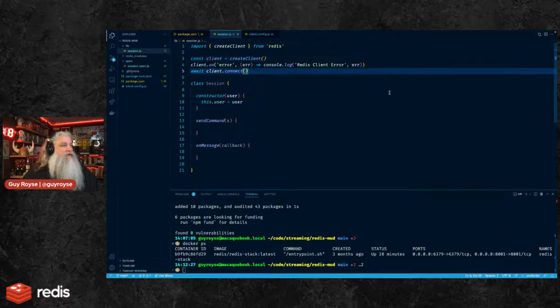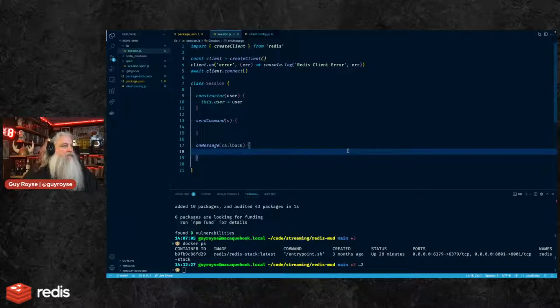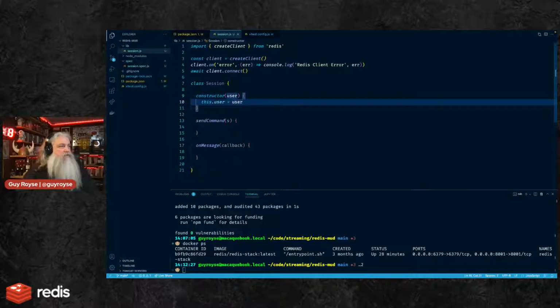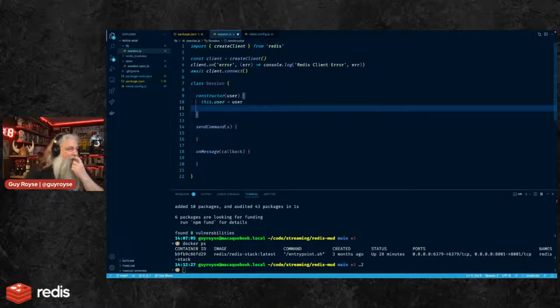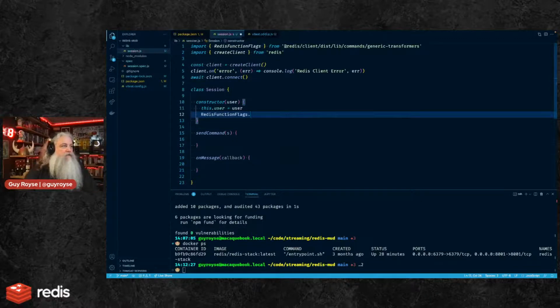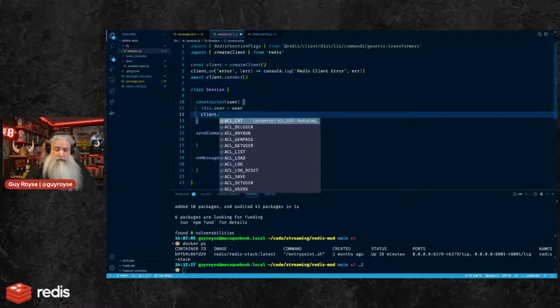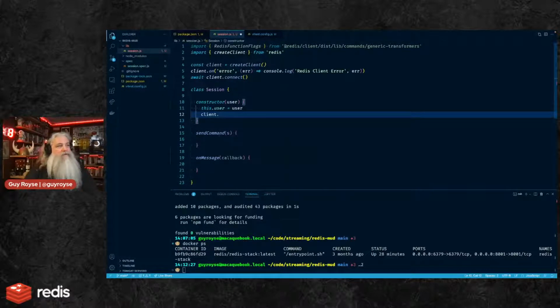So this gives me a client. I think then the session here, when it's got a user, let's see, I need one client for the... yeah.